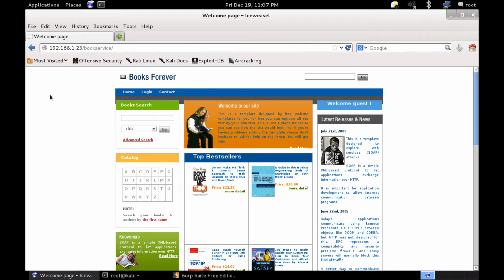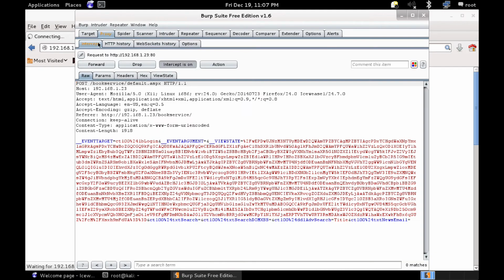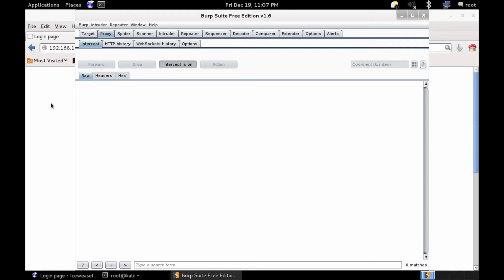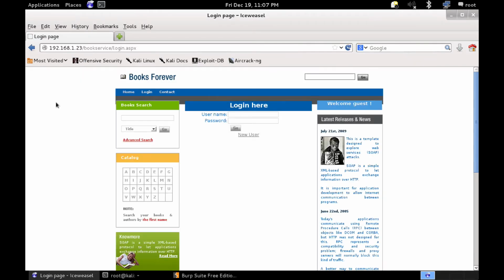So for instance, where does it have it where we can log in? Or how about, let's click login here. And forward. So GET /bookservice/login.aspx. It's going to take us to a new page. And if we do new user